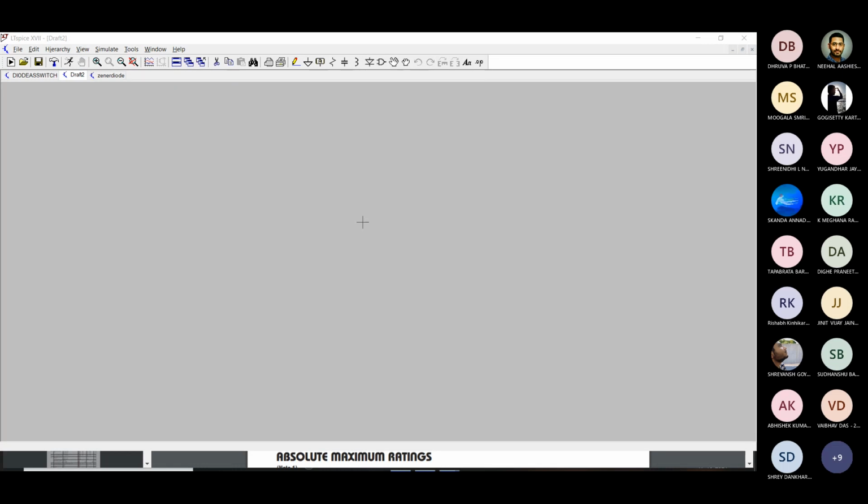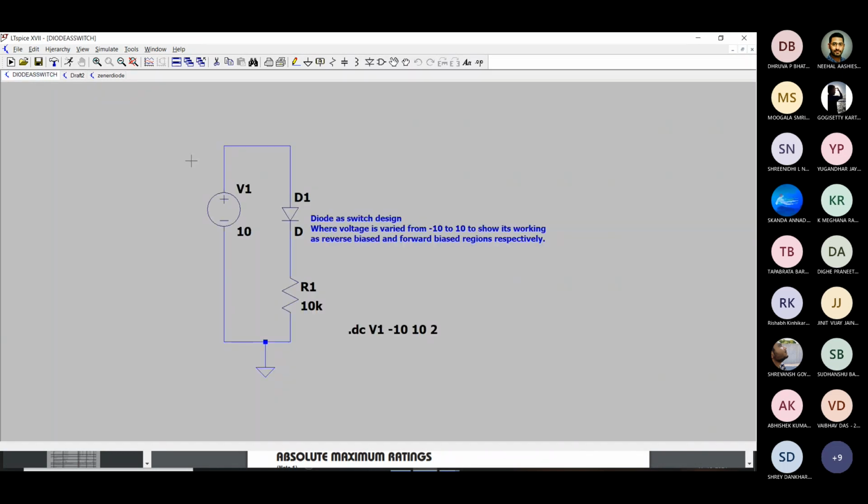Basically, it is a PN junction and is a two-terminal device, which can be used in forward biased mode or reverse biased mode. When it is used in the forward biased mode, the diode acts as a short circuit. Thus, the current has a path to flow in the circuit. So this will represent the on state of the switch. Whereas when the diode is used in the reverse bias zone, the diode will act as an open circuit. So in the circuit, the current won't have a complete path to flow. So now what we see is that the diode will act as the off state of the switch.